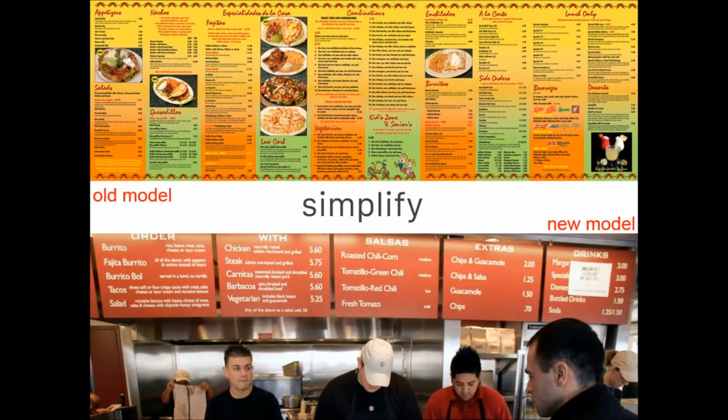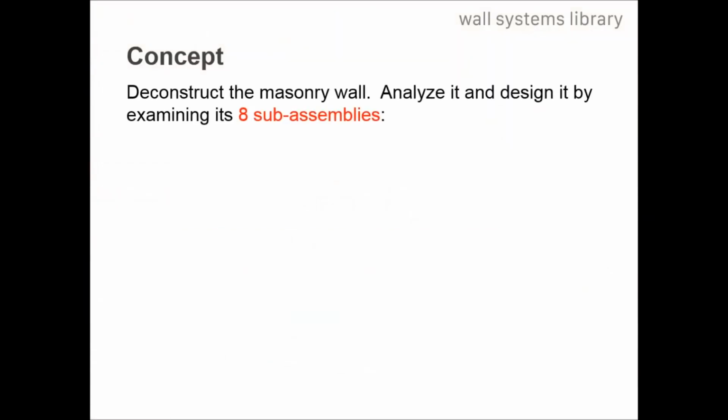You choose your meat, you choose whether you want it in a tortilla or in a bowl, and then those are kind of your main choices, right? And then you choose your condiments. This is the only burrito slide I have, so bear with me. But I do want to draw that analogy and compare it to how we approach